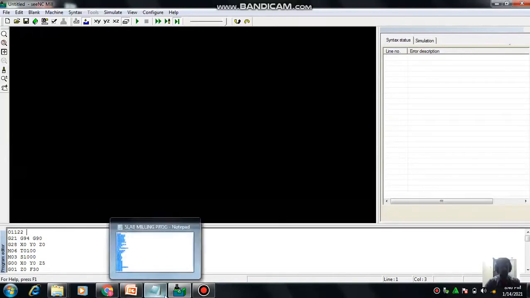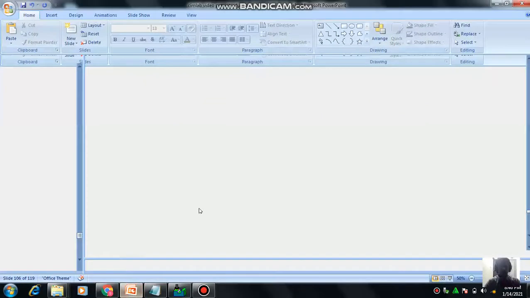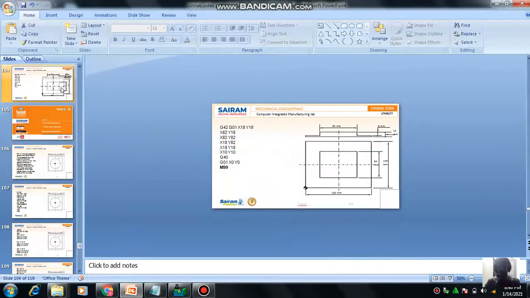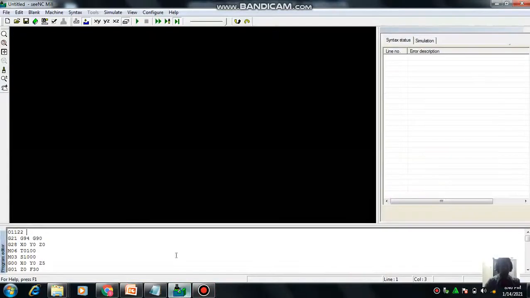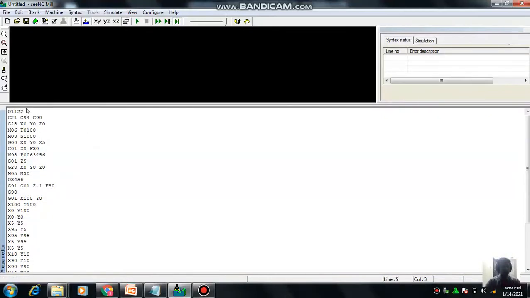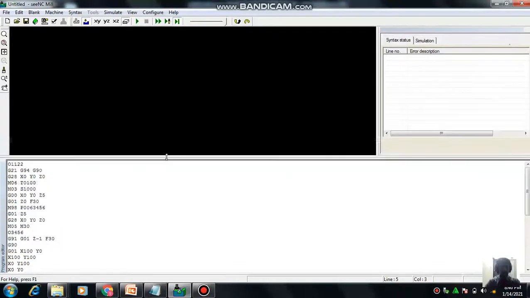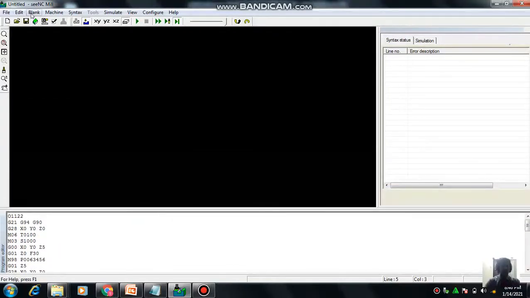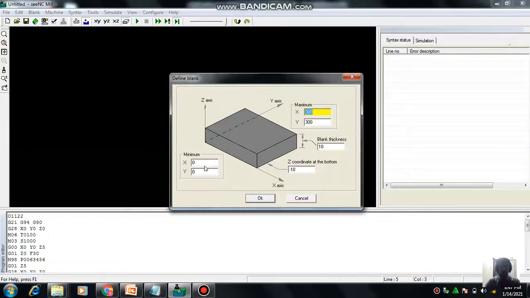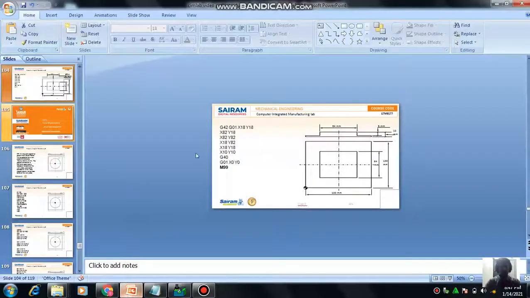And now let me see what the dimension given is and how we are going to make it. So this is the square slab. What is given is 100 by 100. We are going to reduce it by 6 mm. The thickness is 10 mm. Okay. So like this, the normal thing: first of all, we have to type all the program. Ensure that everything is correct: the program number, metric data, this one. Either you can type directly here or we can go for the notepad. That we have already discussed. And now we will go for the blank. So what the blank size is that they have given, and we have to use the reference point exactly here. Okay.